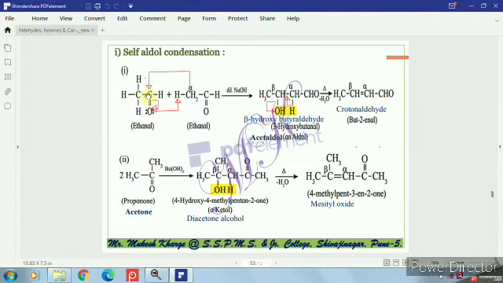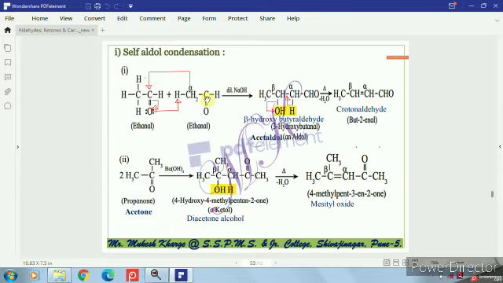CH3 C double bond OH, that is acetaldehyde, or ethanal is the IUPAC name. We take two molecules of that ethanal or acetaldehyde. So this carbon is next to the functional group carbon, so it is the alpha carbon. Alpha carbon should contain alpha hydrogen. Then this alpha carbon hydrogen is removed by that alkali, or you can write the rearrangement like this.